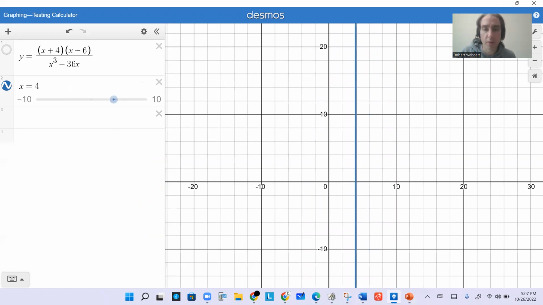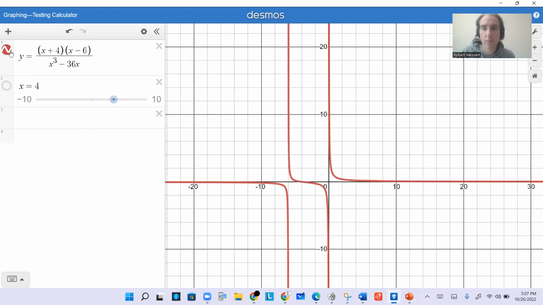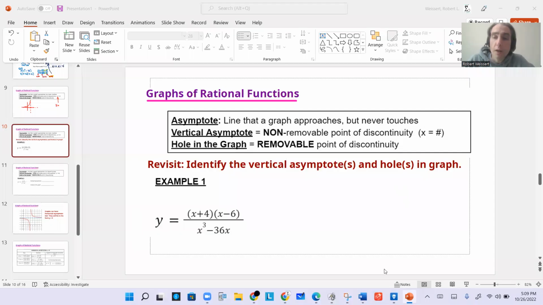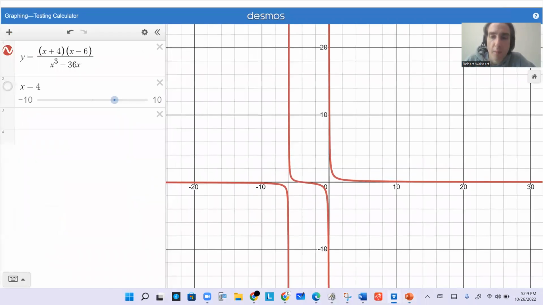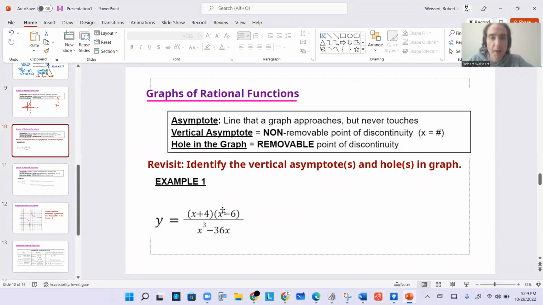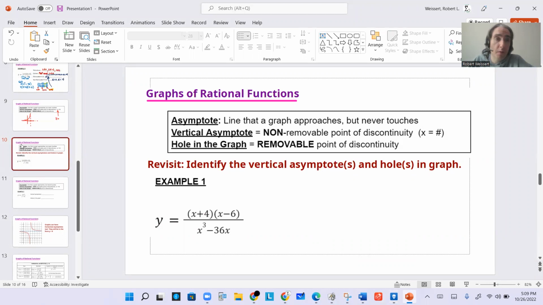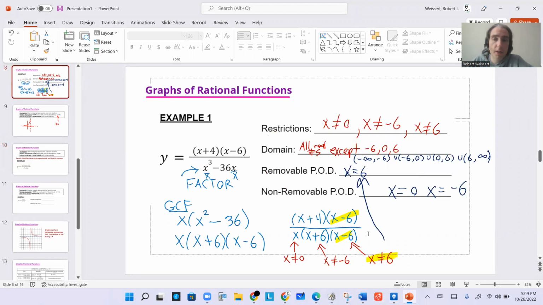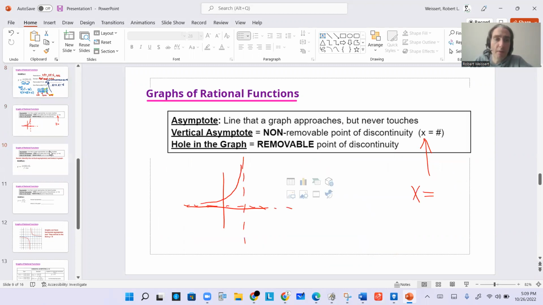Now take a look at your last graph here. Put that in Desmos. All right, take a moment to do that, please. In fact, pause the video and graph it, and then resume it afterward. So we're going to revisit our example 1, where it says x plus 4, x minus 6, over x cubed minus 36x. Now remember, we had already factored it and got our discontinuities. So we should know that our removable point of discontinuity from our previous graph was 6, and our non-removable ones were 0 and -6. Now if I graph that,